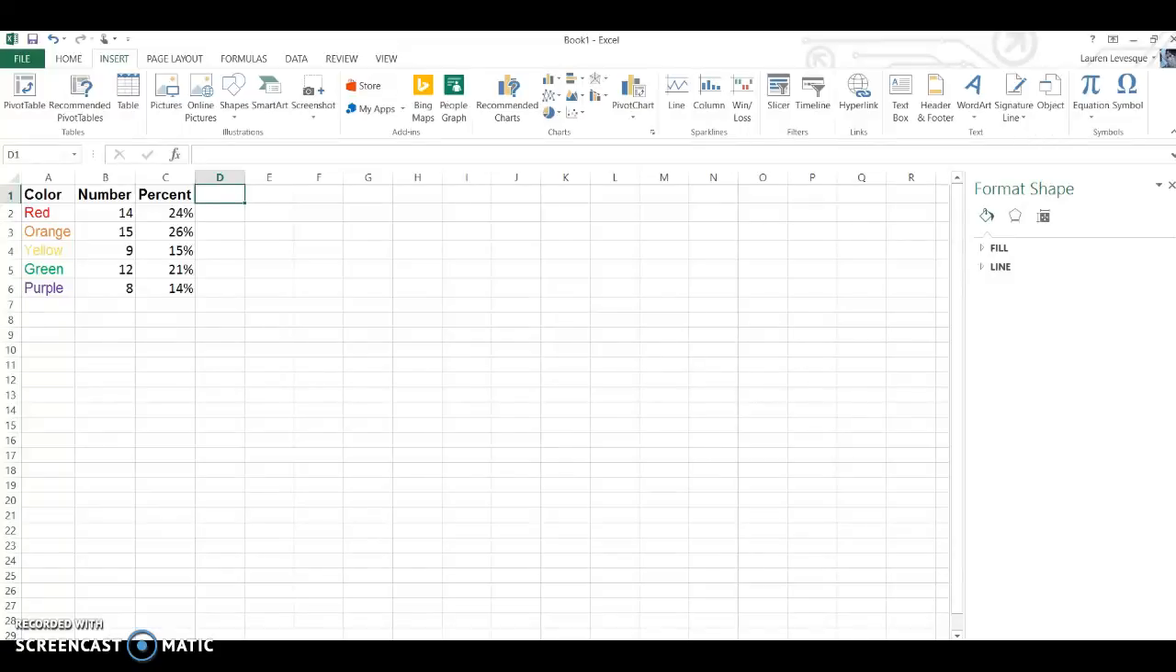Hello, my name is Lauren Levesque, and today I'm going to teach you how to create a chart using information in an Excel spreadsheet. As you can see right now, I already have some information set up, and this information